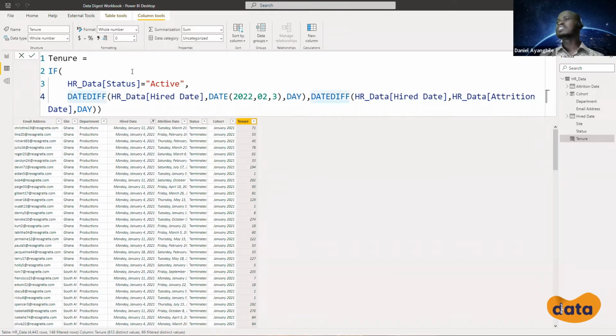However, if this is false, return the date difference between the hire date of that employee and the attrition date of that employee. So that we will not make the mistake of comparing these two together. All right. So now that we have this,